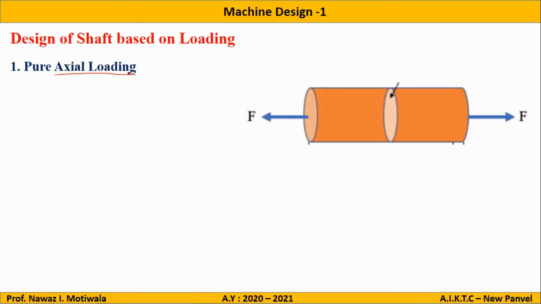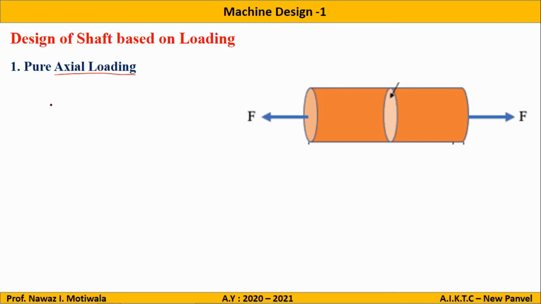First, we have to see what kind of loading is acting on the element. So the first type in shaft also is a shaft subjected to pure axial loading, which is shown in the diagram alongside. You can see there is a shaft and it is pulled by a force F. What kind of failure do you expect in this particular case? Yes, tensile failure. Very good, because the load is acting along the axis and away from the center. It will be breaking at the minimum cross section area.